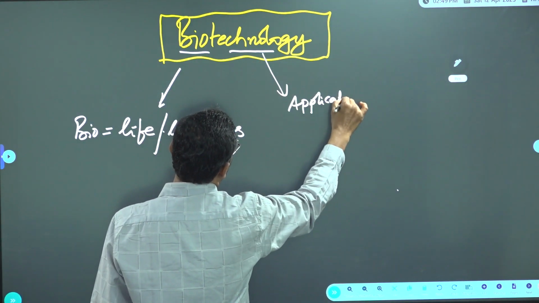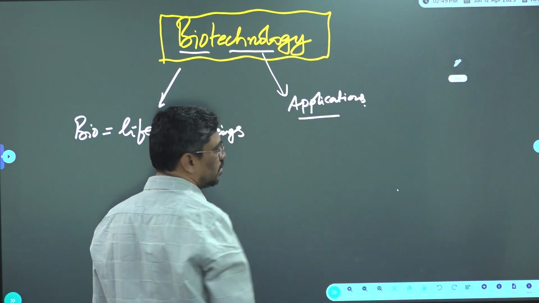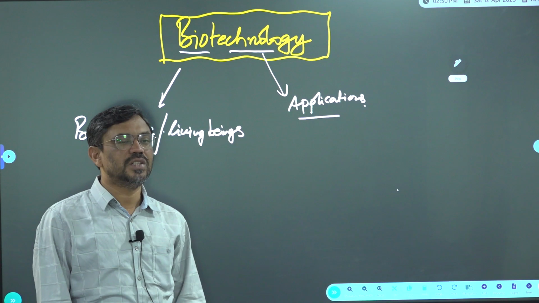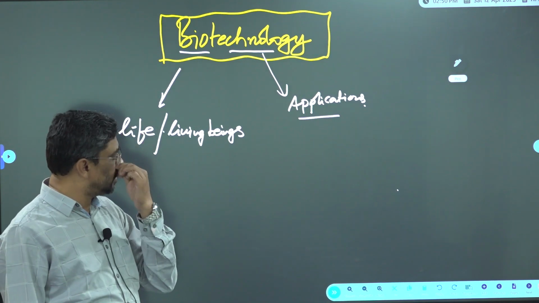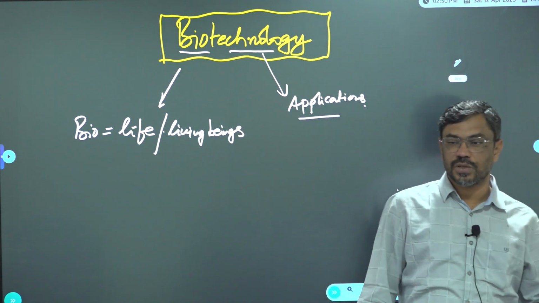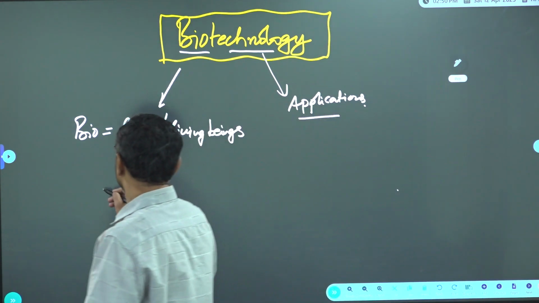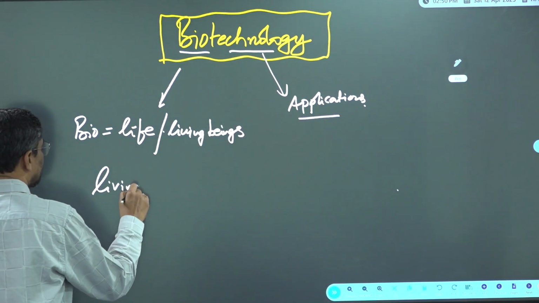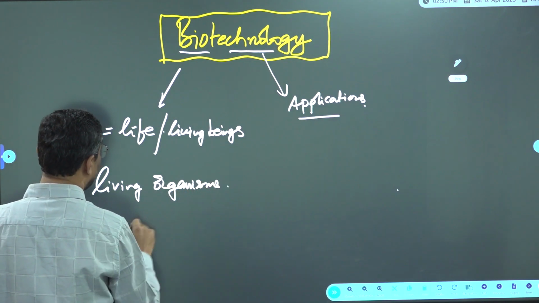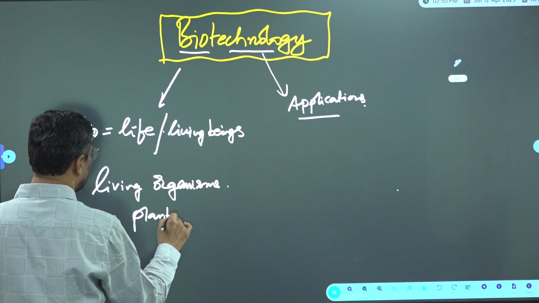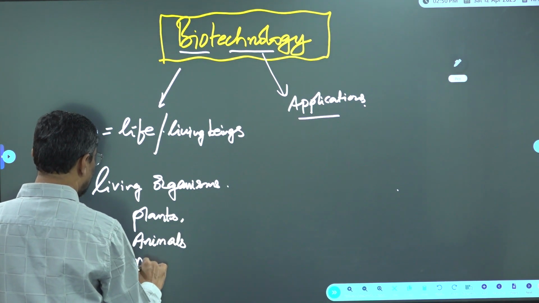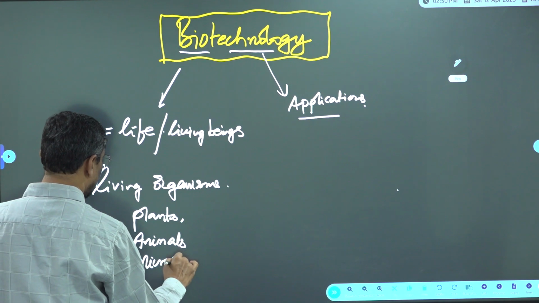So the application of living beings is called biotechnology. It is an applied branch of science in which various types of living organisms like plants, animals and various types of microorganisms